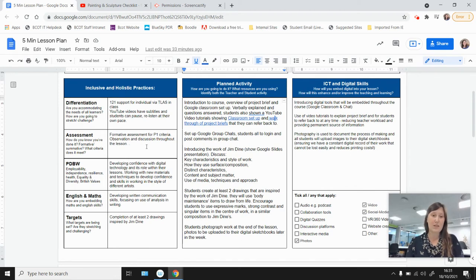We were doing some formative assessment for their P1 criteria, a lot of observation and discussion in the lesson. It was their first lesson, so we weren't going too hard in terms of assessment. I put in about developing their confidence with digital technology. We introduce it from day one so that it just becomes a really natural part of what they do with us. English and maths: developing their written communication and analysis, and the target was the completion of at least 2